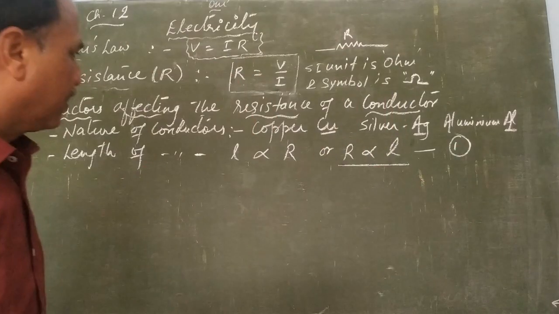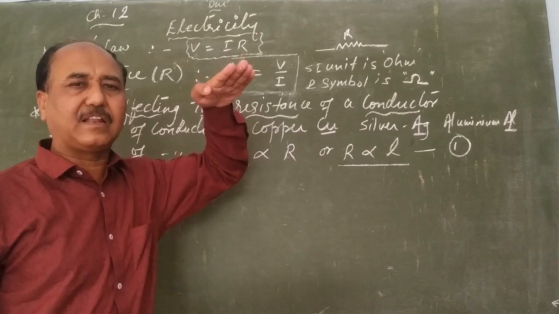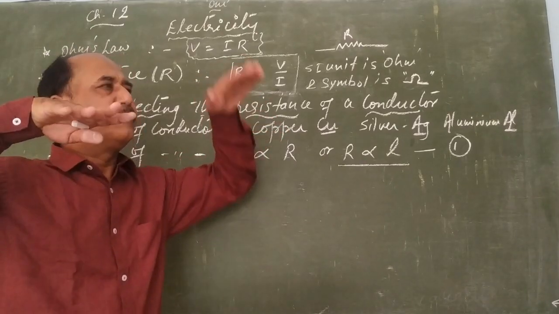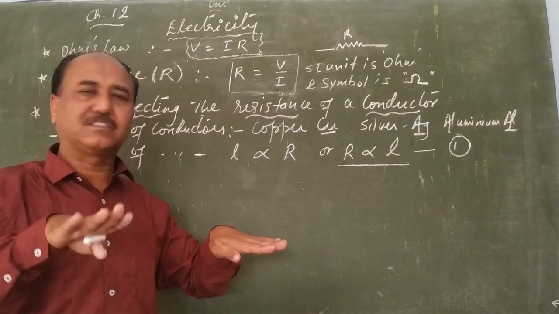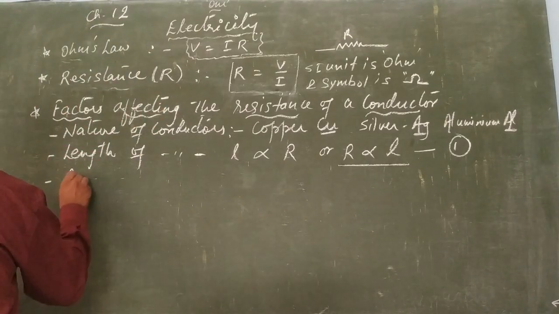We give this as 1. And you know the meaning of direct proportional? If we are increasing the length, the resistance will also increase. If you are reducing the length of the conductor, the resistance will also reduce. Third factor is